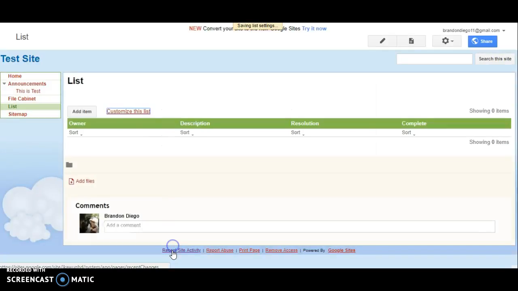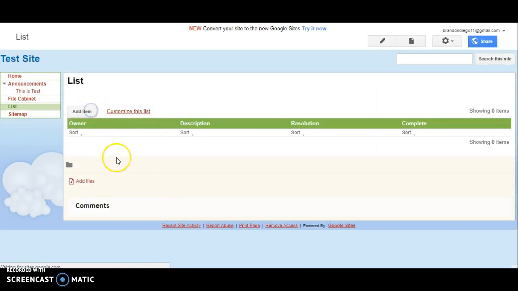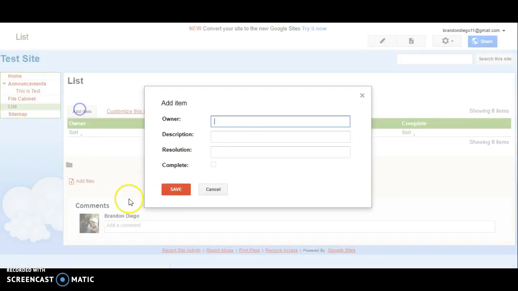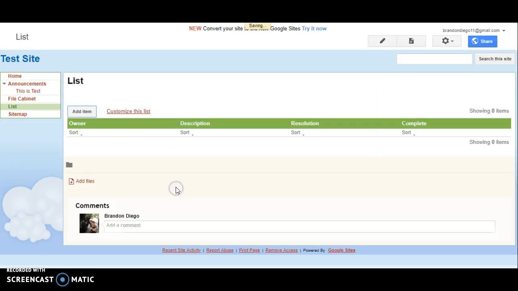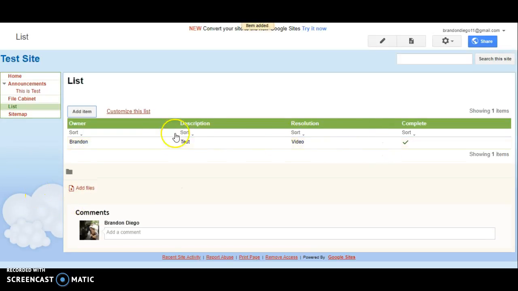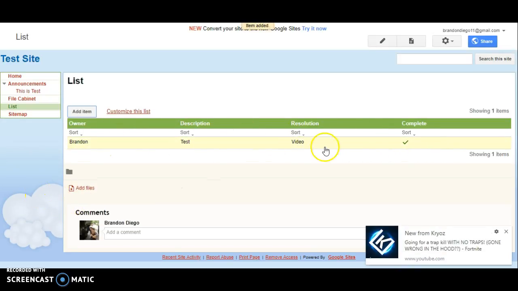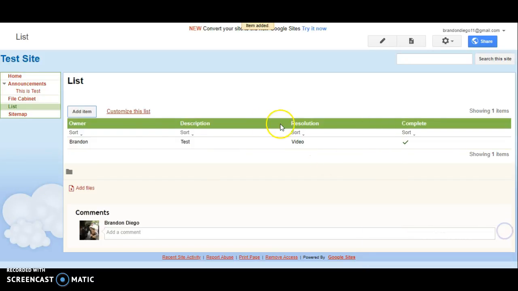And then you can save, and then you can add any items you would like to the list. You can add name, description, test, resolution, video, and complete. You can say that it's complete. And then you can add that to your list, and now this is an item that you have added to your